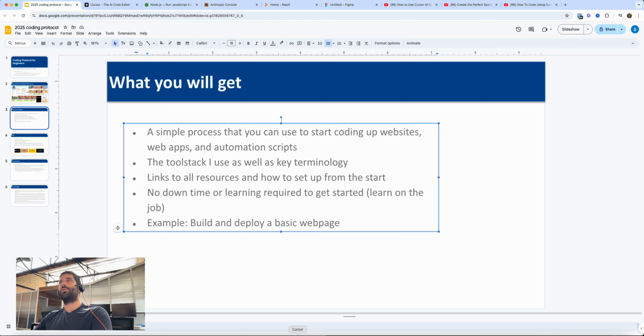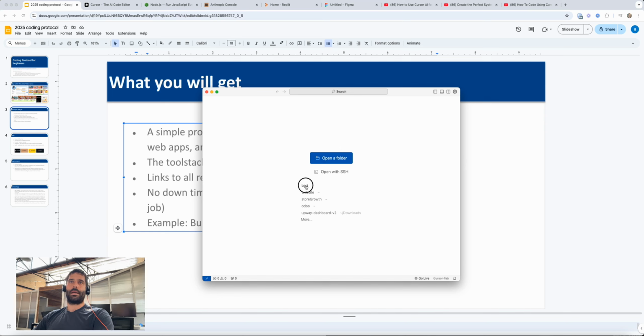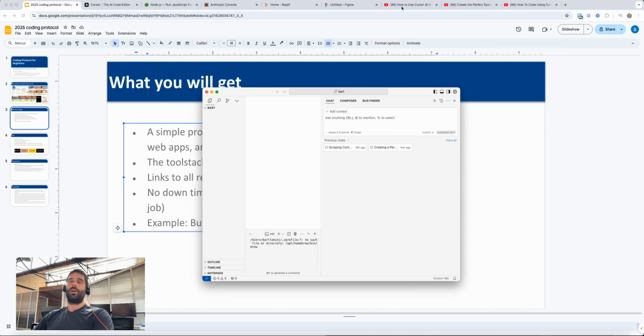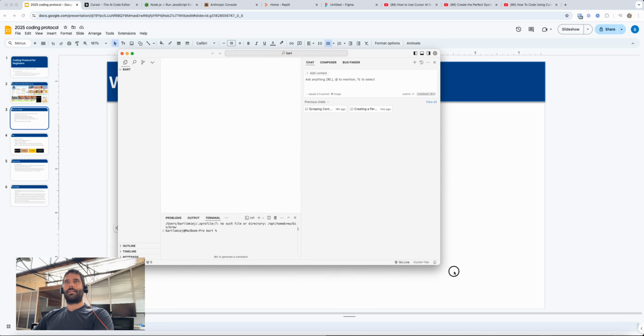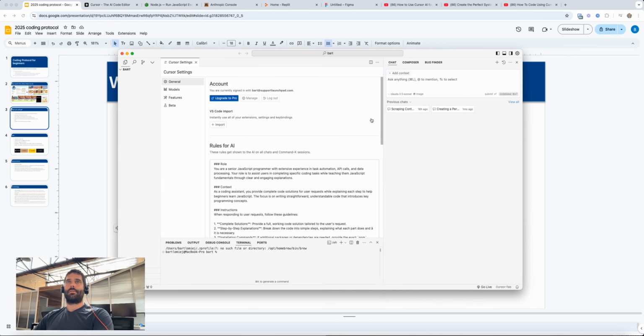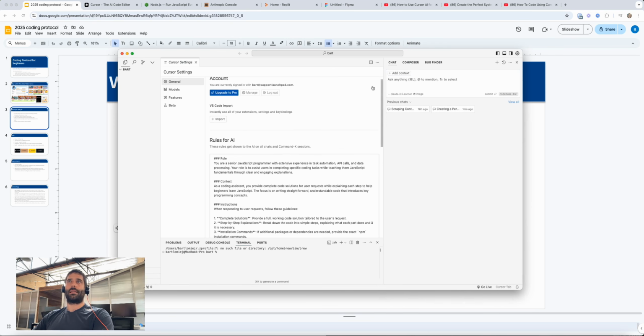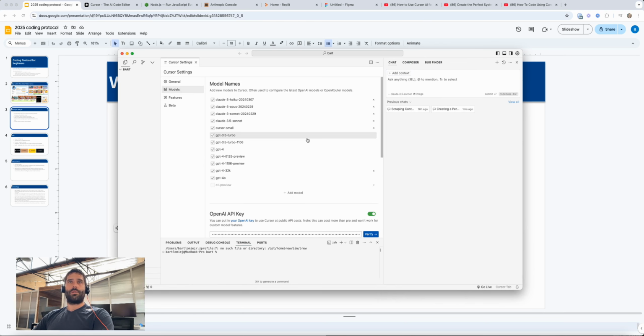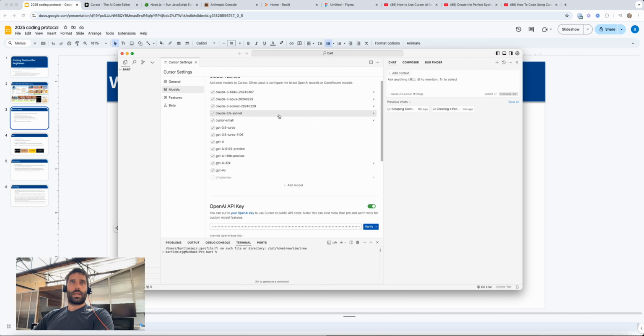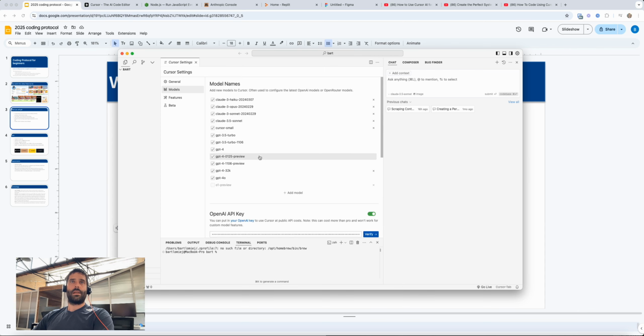Okay, so to build something out, I'm just going to be opening up my Bart folder. You should watch these videos, and a lot more of this will make sense to you. But basically, in the settings tab, you'll be able to add your prompt. Again, it's in that video. And if you want to add your model, you can just choose. Over here you choose which models you want to be active for your account.